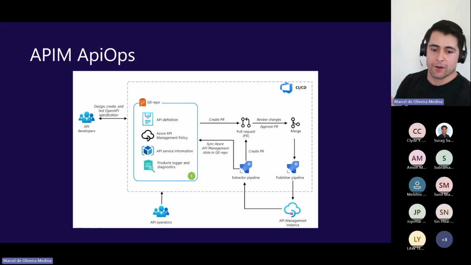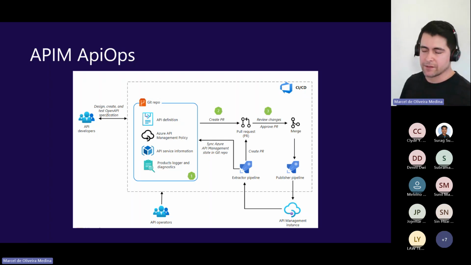So let's say you have a critical bug and you need to apply some sort of hotfix or some sort of change. Depending on what changes are required, that could happen perhaps here, on the API management, but that will need to be pulled back and sourced in code, right? But nothing stops your operations team from doing that. Same sort of process where they create PRs, there's an approval from the technical team, merging and publishing that.